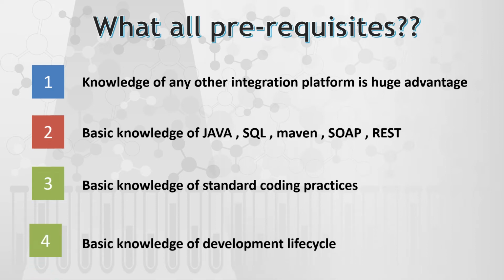Next is the basic knowledge of the development life cycle. Again, if you are working as a developer, then you already know the development life cycle phases, like how you get the interface specification, you do the development, then you do continuous integration using Jenkins, check your code into Git repositories, deliver it as a package to the QA environment, and check the logs. So these are some basic things related to the delivery of any development artifact. Having that knowledge is definitely helpful. So those who are already working in the development stream satisfy most of the prerequisites.